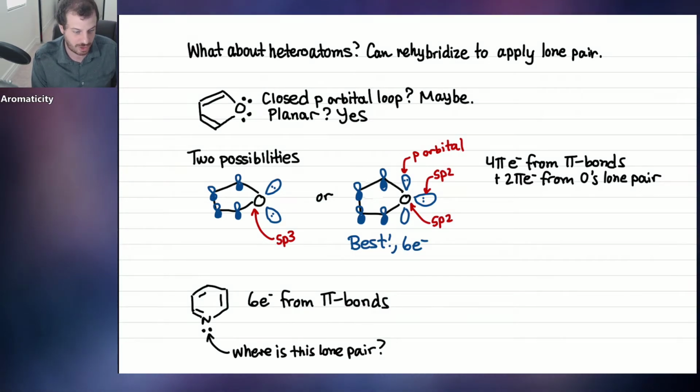Does the nitrogen want to contribute its lone pair? No. No more, please. Because 6 electrons is perfect. If the lone pair was contributing, we'd go up to 8 electrons, which is anti-aromatic. So if you look at the side-on view of this compound,